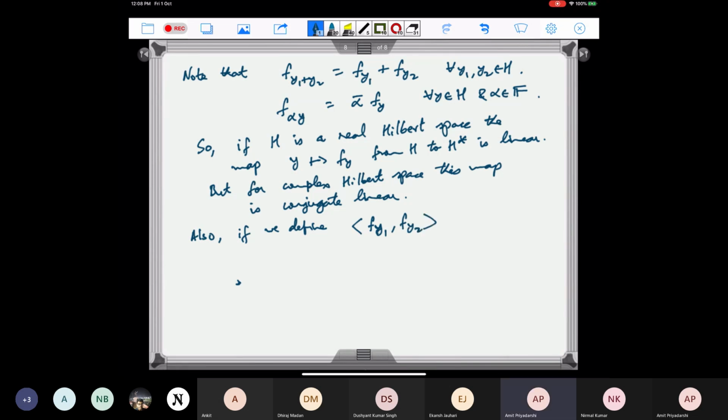We know by the Riesz representation theorem that any bounded linear functional is of the form f sub y for some y. So if we have any two linear functionals f and g, then they are of the form f sub y1 and f sub y2. And then we can define the inner product using the inner product on H. So this is how we are defining the inner product on H star. This is defined as the inner product of